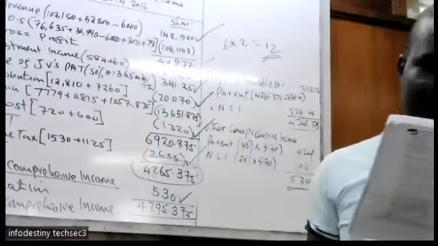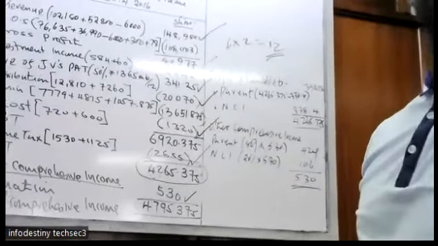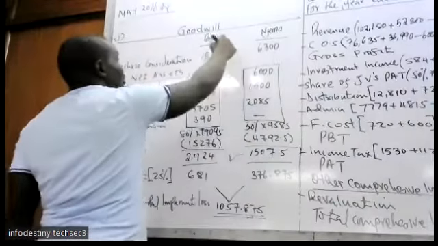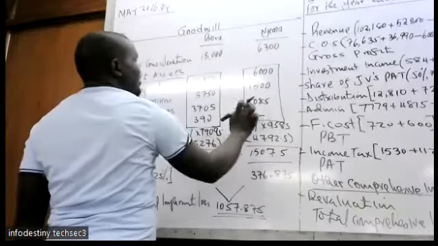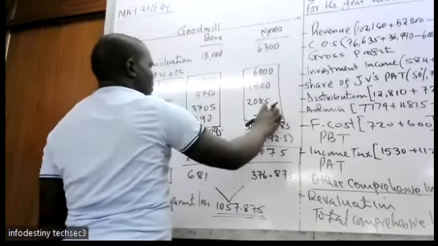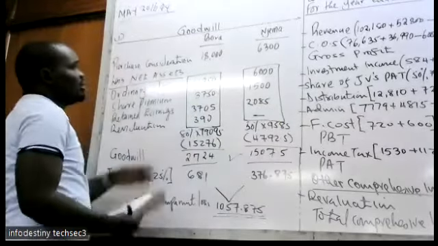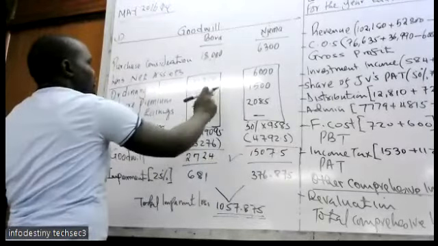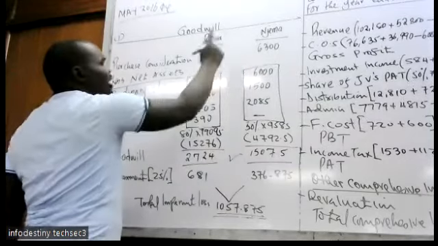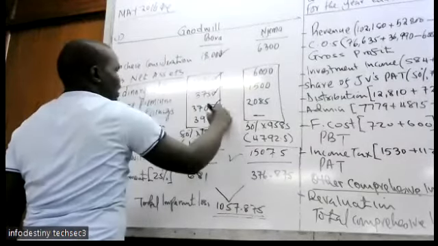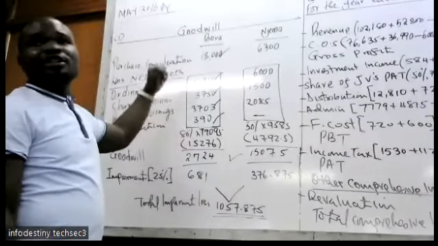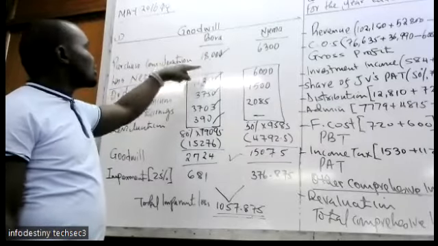Then goodwill is how many marks? 4. Let me mark goodwill for you. Goodwill, I know what students will get. It was 4. So we need 1, 2, 3, 4, 5, 6, 7, 8, 9, 10. Maybe this is 2, 2. So any 4 at a half. Students will get this. 1, 2.